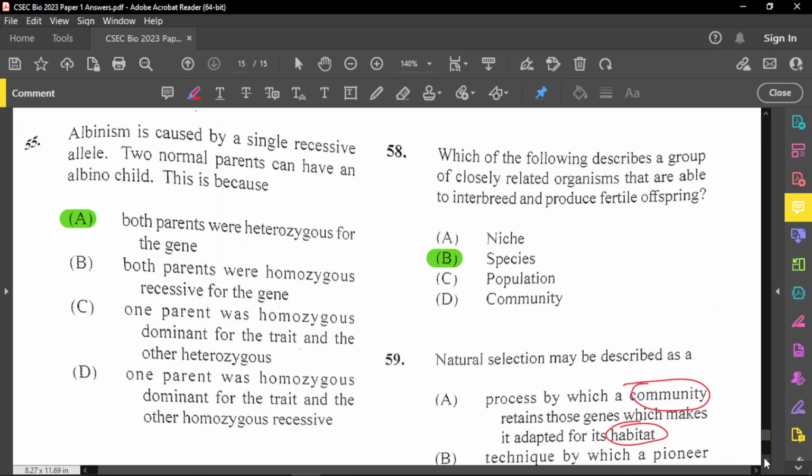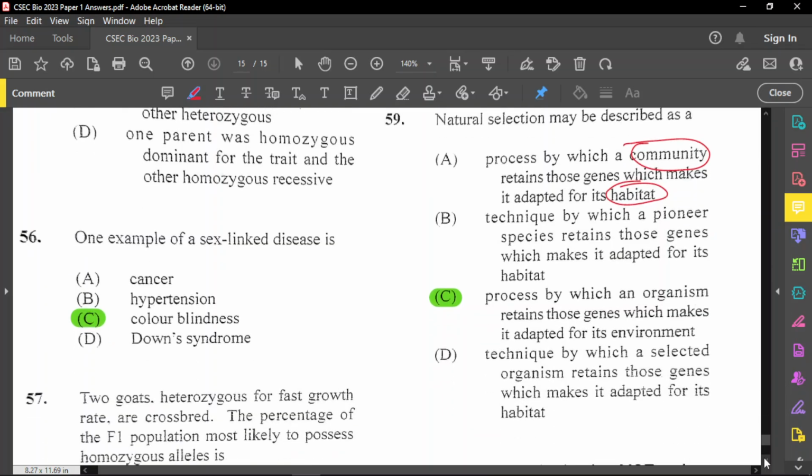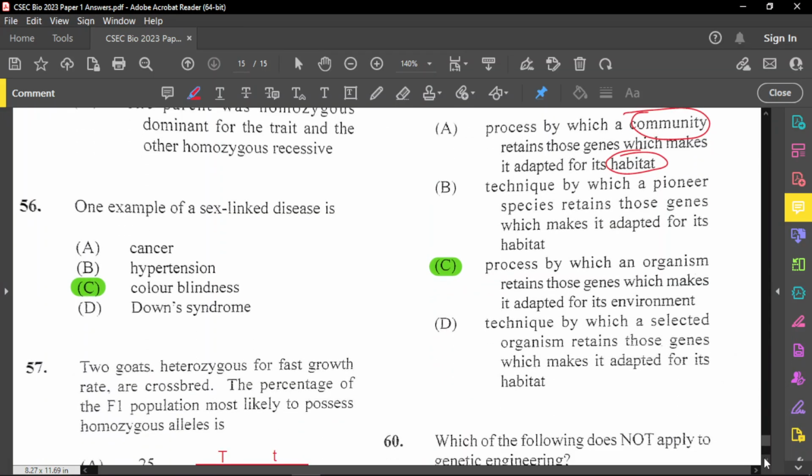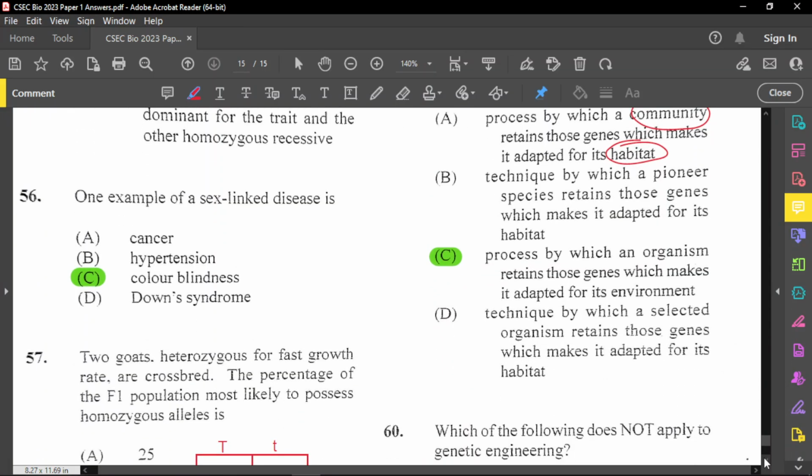Number 56. I wonder if 56 is there. 56 is at the bottom. Now, it said one example of a sex-linked disease is, and this one is a common question. We have seen this, I'll talk about this many times, it's color blindness. All right. And so 57, it said